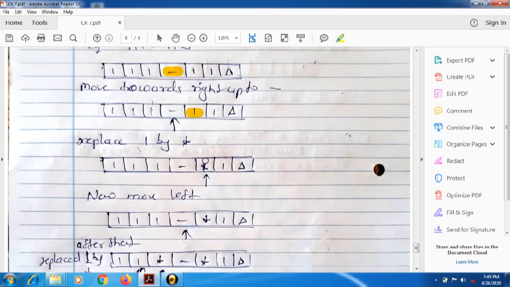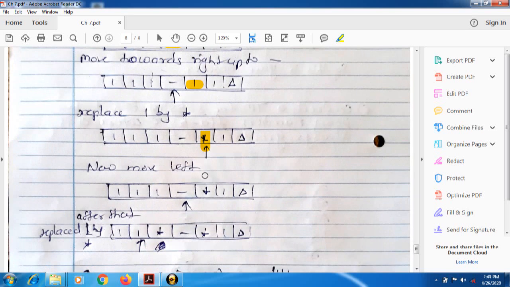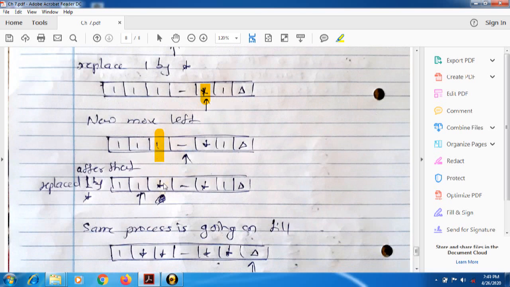If we find 1, we will keep it as a star value. You can denote it by using any other symbol or any other characters like A, B, C. And after that we are moving towards left, we will scan whether subtraction is there. Yes, we can keep it as it is. Again we are moving towards the left side, and whenever we find 1, we will denote it as a